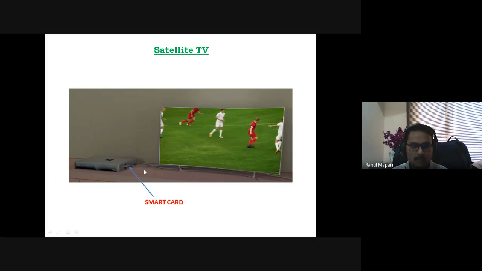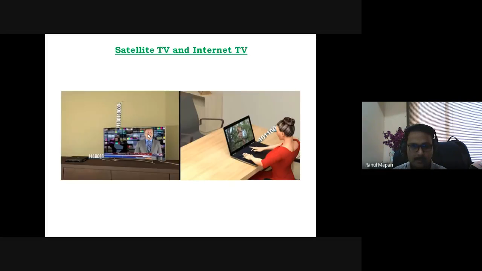One more thing, the difference between satellite television and internet TV. In satellite, because of the larger distance, some delay is there. But in internet television, the digital data comes directly and is fed to the set-top box.